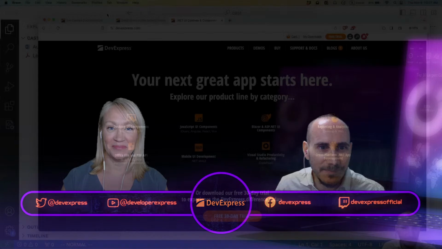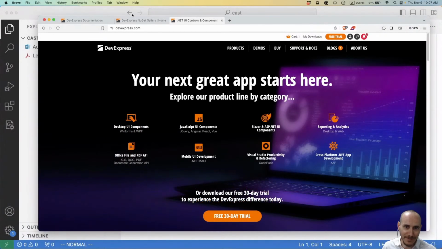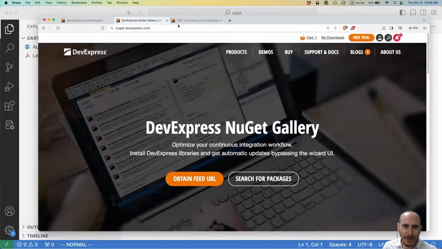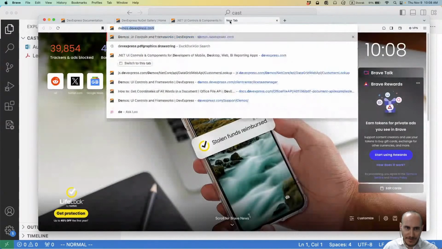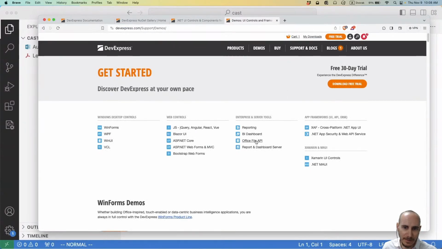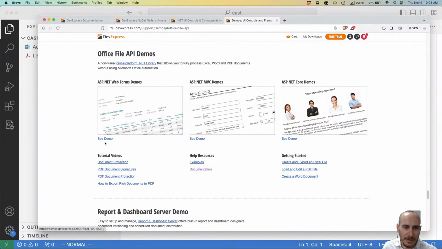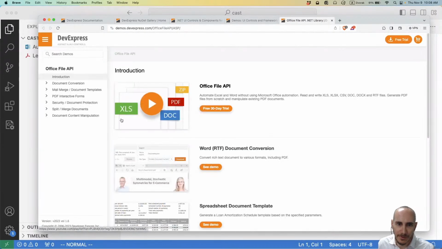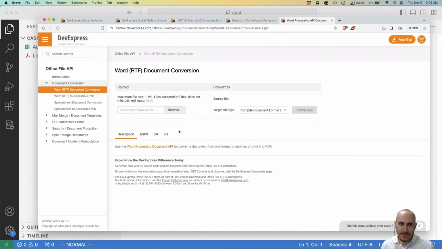Okay, so for starters, I should preface this by saying that if you go through our documentation and our demos, you'll notice on our demo pages we have something called Office File API. Sometimes it throws people for a loop, because people are used to us building UI controls like grids, editors, and pivot tables. But Office File API is a little bit outside of our usual wheelhouse, in that you could use Office File API anywhere. This particular set of examples is built in, I believe, ASP.NET MVC,